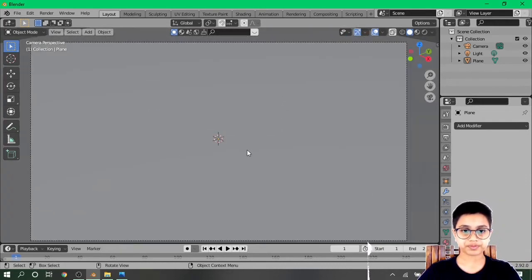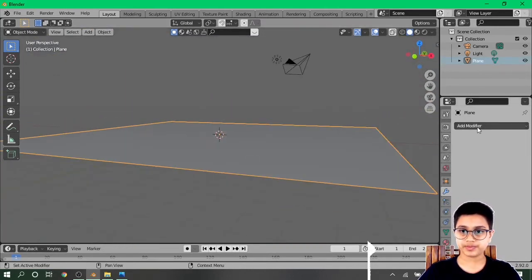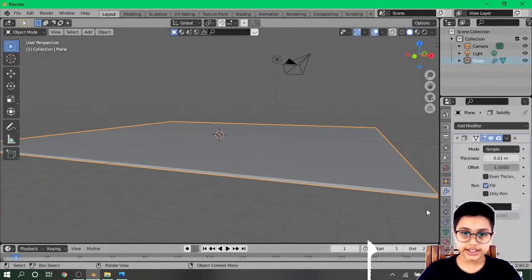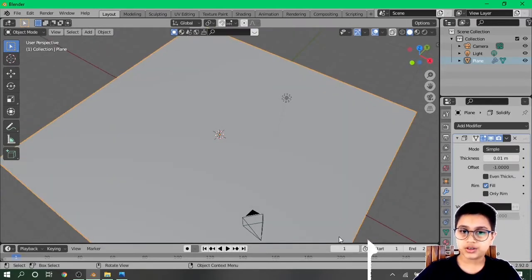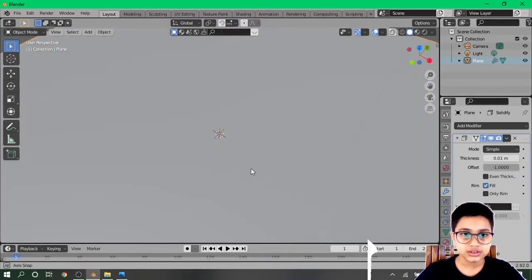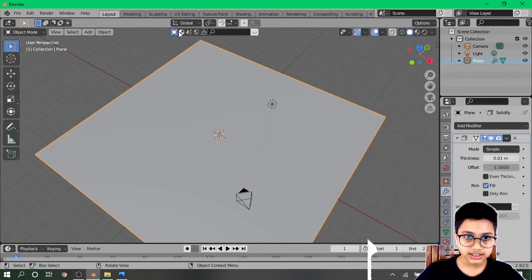Then select the plane, add a solidify modifier, make the thickness to 0.01 m. Now go to the camera view or exit it.